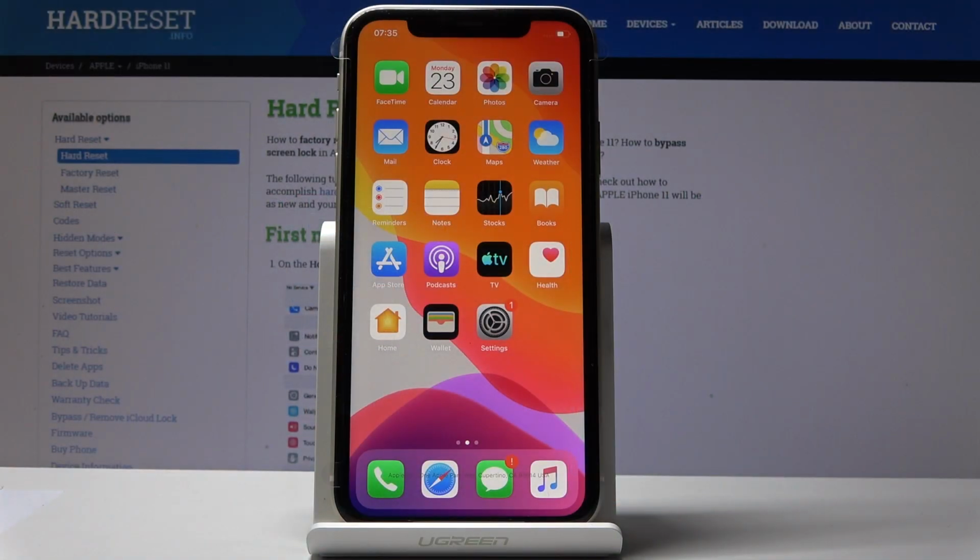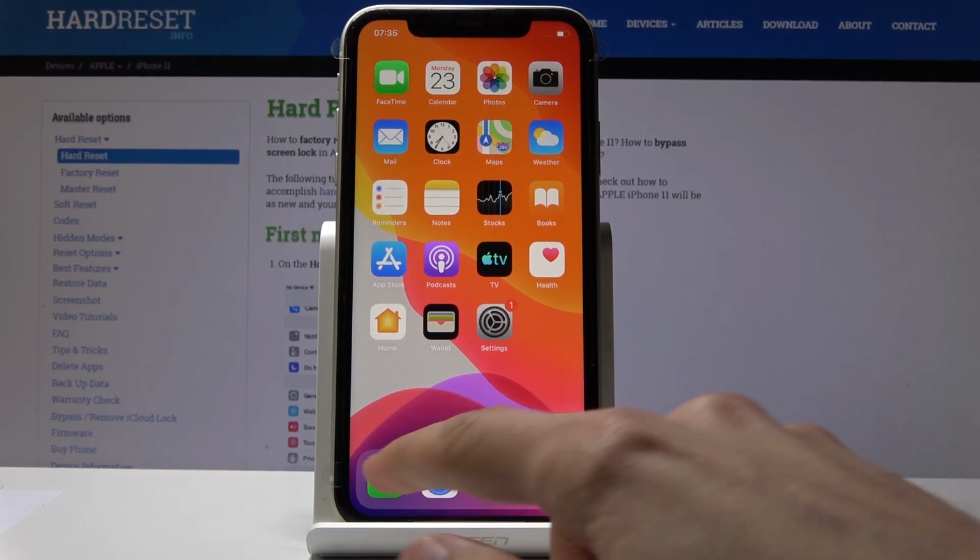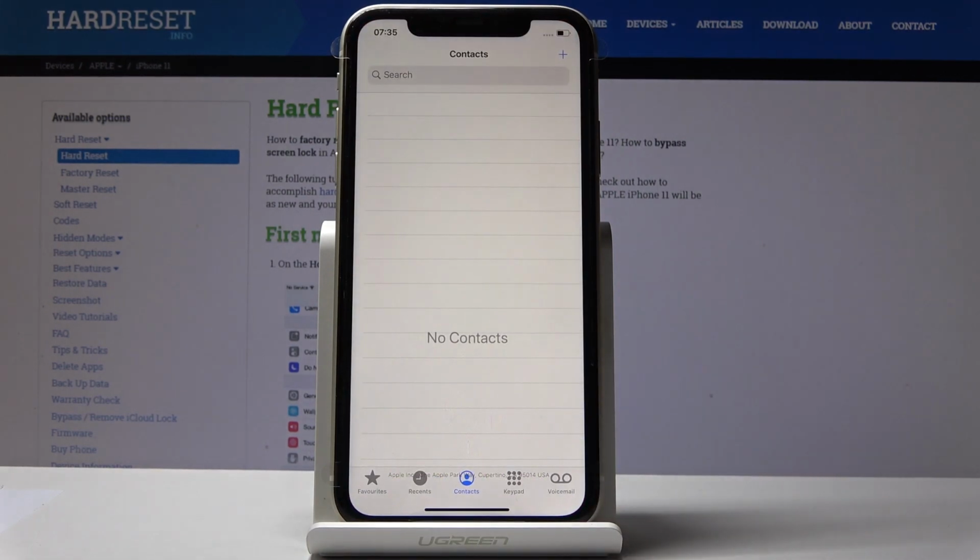Welcome. In front of me is iPhone 11, and today I'll show you how to block a number. So, to block it, you want to open up the dialer, and assuming you have this number already in your